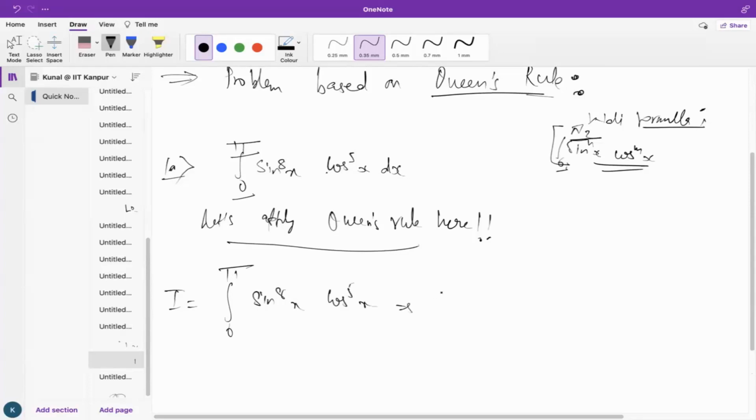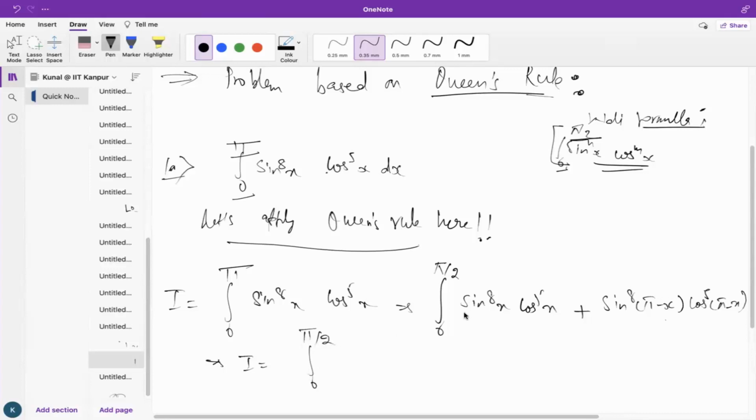When we apply the Queen's rule, it will be 0 to pi by 2, and we write f of x plus f of pi minus x. So sin to the power 8 of pi minus x, and cos to the power 5 of pi minus x. I hope you all understand what I'm trying to say. So our I is equal to the integral from 0 to pi by 2 of sin to the power 8x cos to the power 5x